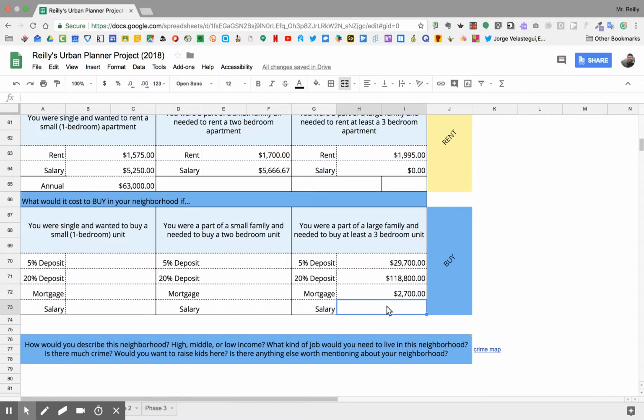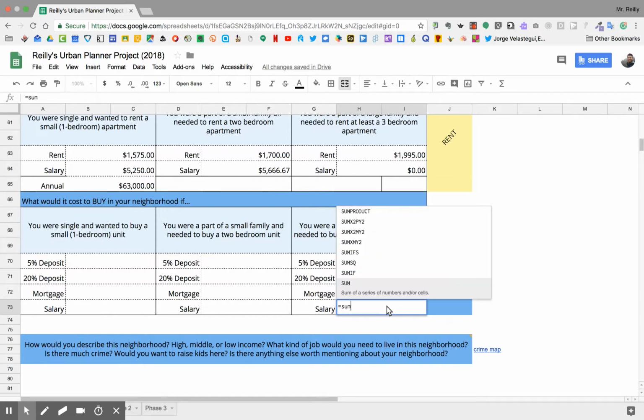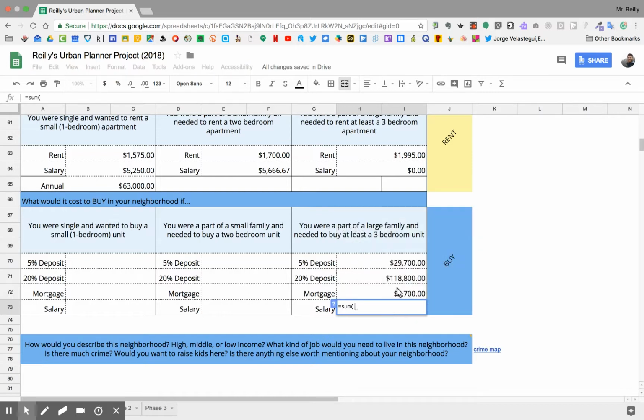Okay, now we can do the same thing here that we did in the last one. All we need to do to figure out the needed salary to afford this house, or to afford the mortgage for the house at least, is type equals sum 2,700 divided by 0.3, and you need to make at least, at the bare minimum, $9,000 a month. So if we took this, close that parenthesis and go asterisk, multiply by 12 months in the year. That's a salary of